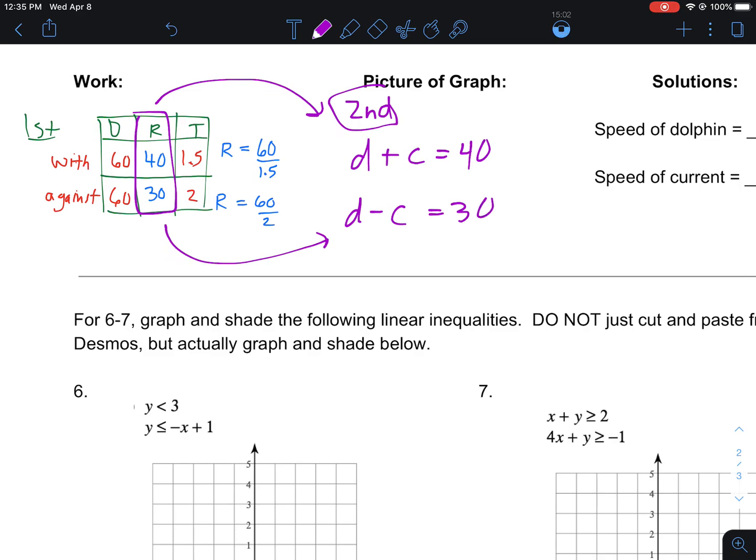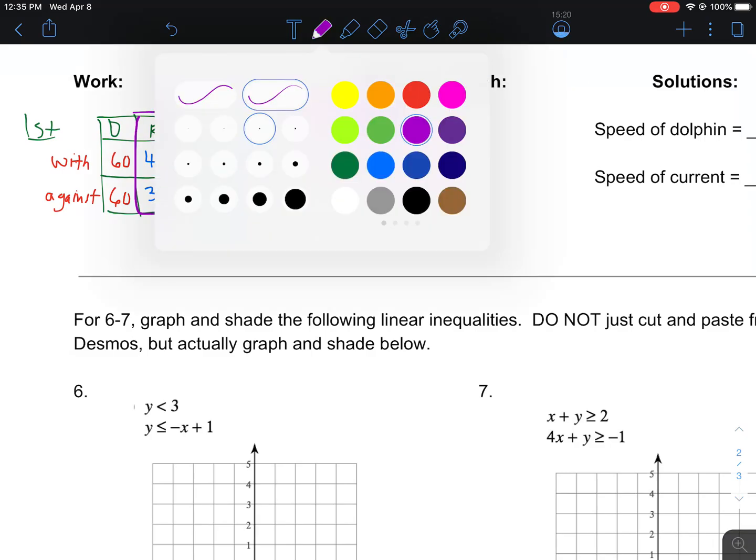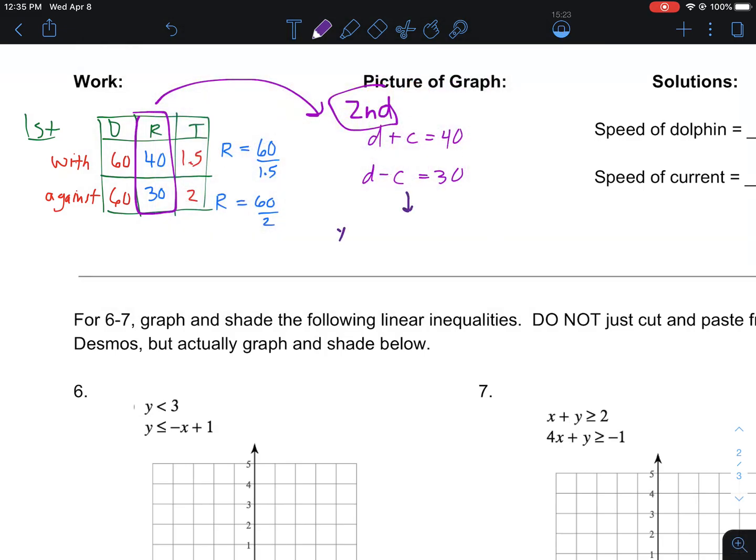Now, we usually don't use D and C. We usually use X and Y. So what might help you here is to treat this as X plus Y equals 40 and X minus Y equals 30. So I wrote it with D and C so you'd understand what we were doing. But if it helps, why don't we just imagine this as X plus Y equals 40, X minus Y equals 30. And because I wrote it in that way, X is going to represent dolphin and Y is going to represent current. So if we go and graph that here, this system, the X plus Y and X minus Y,